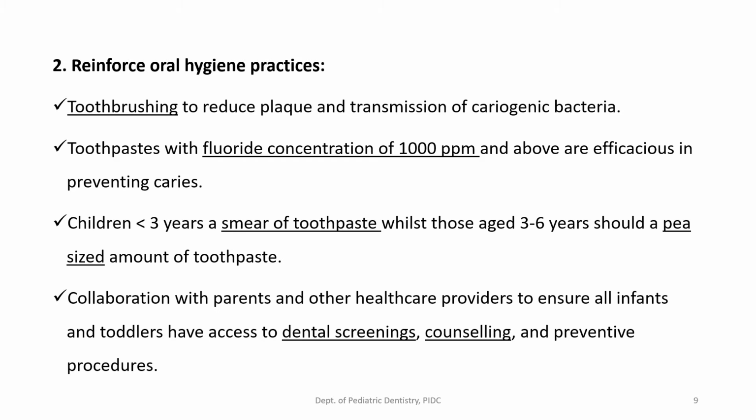Okay, so in US we have 1000 parts per million in your adult toothpaste, and in UK you will have 1350 parts per million fluoride in the adult toothpaste. So what you must remember here is that we are going to use adult toothpaste for the children. So you ask me the next question, will this 1000 parts per million be harmful to the child?